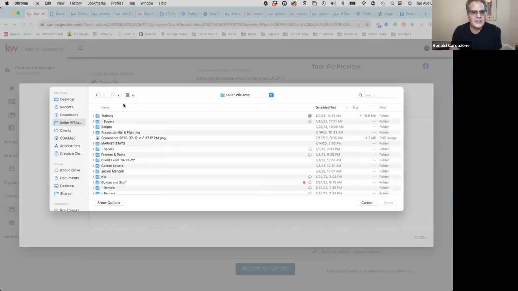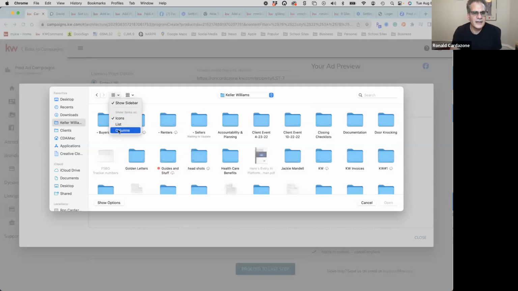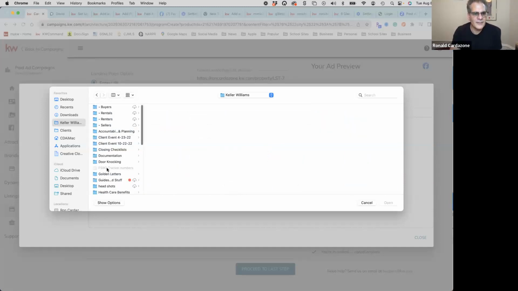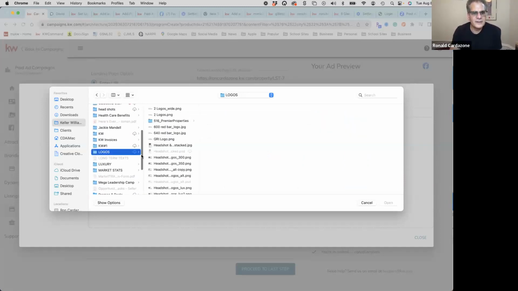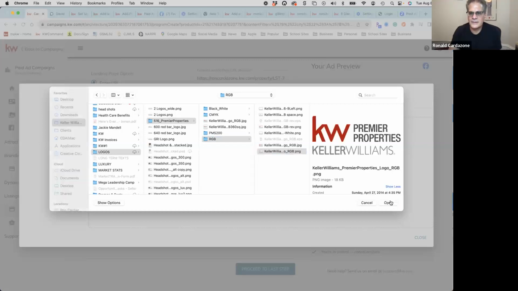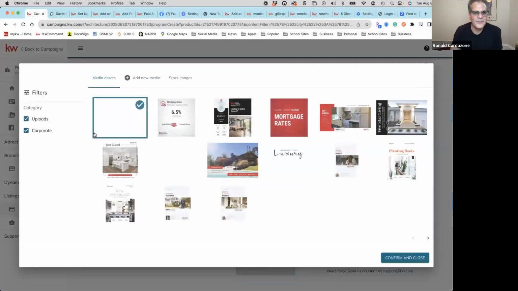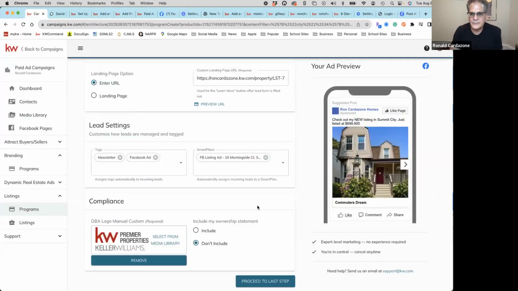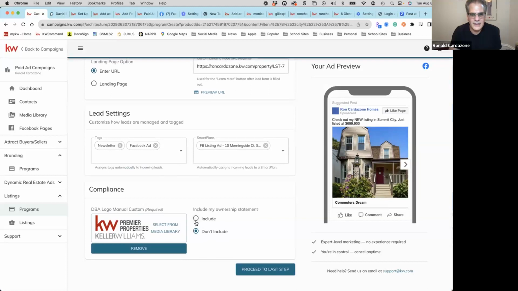I'm actually fairly organized here, so we should be able to do this quickly. Oops. Columns. Logos. Your properties. And there we go. Confirm and close. And then